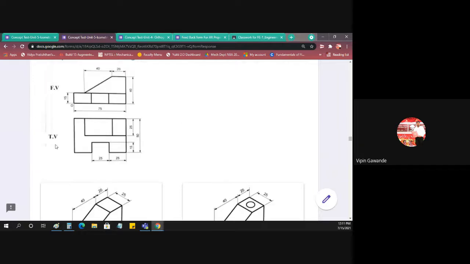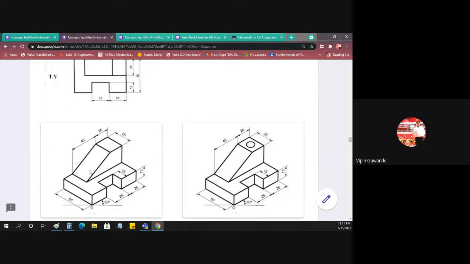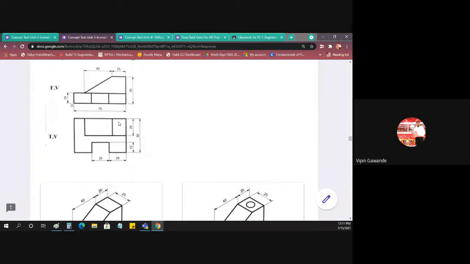Then we have been given the top view. Now in the top view, we have 1, 2 rectangles. So this is 1, and this inclined surface becomes straight. You have to make this straight. So 1 and 2. Then we'll get this surface, the bottom surface. Okay, and you have to rotate this in the direction of the arrow here. So this rectangle comes on the right hand side.